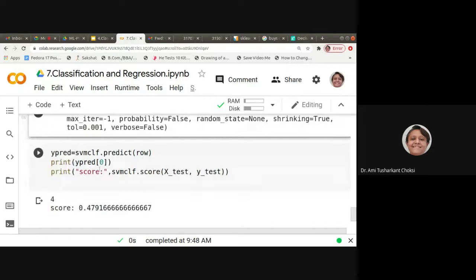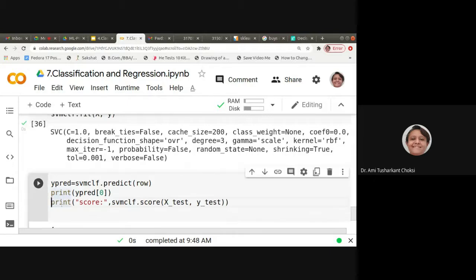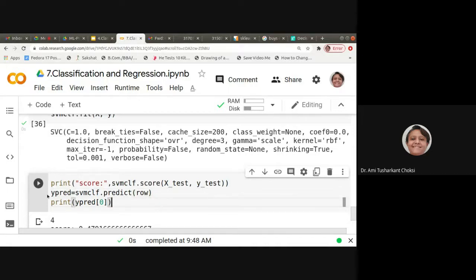Now after that, we can find the score as well as predict the value, isn't it? We are getting the score because of the way we have run our algorithms, right? So that's what we'll be having here. After that, we'll be predicting using our row, that is the mass, width, height, and color_score properties of our fruit. And then we'll be getting the prediction, that is which fruit it is.